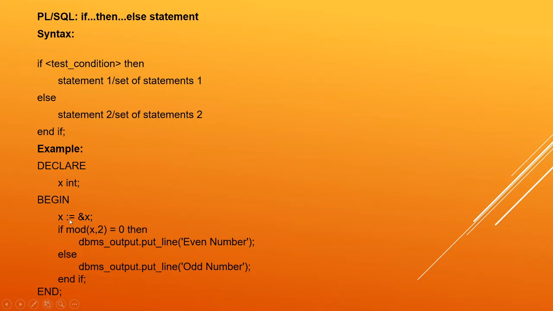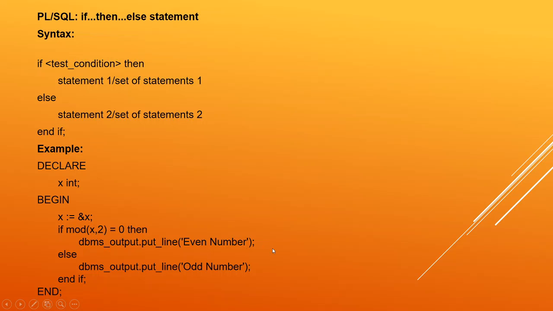Another thing you have to observe here is that we have used an ampersand symbol. What does it mean? This is a dynamic initialization. Earlier we just assigned a value at the time of declaration. Suppose you want to assign a value to the variable at runtime, just like scanf in C and Scanner in Java, it works similar to that. So the ampersand takes a value dynamically. Mod is a function which gives the remainder when the value of x is divided by 2.